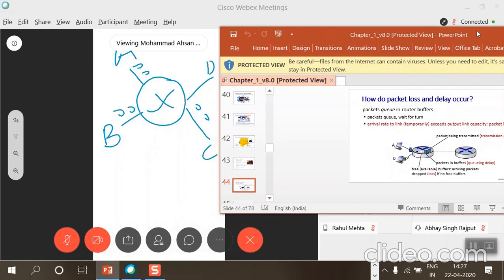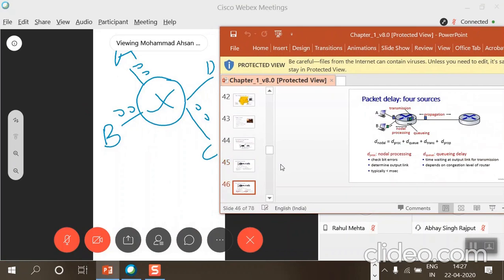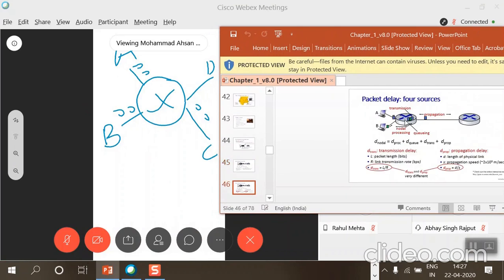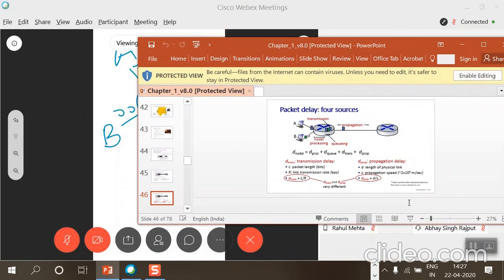Fine. Let's see what a transmission delay is. Now, assume that we have first come, first serve. Some packets are being transmitted before this packet, and now this packet would get a chance to be transmitted. So, as per the figure,